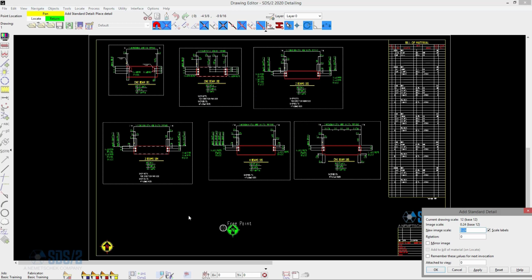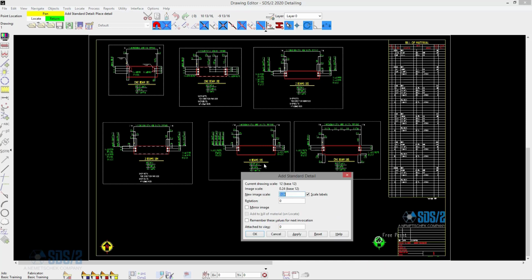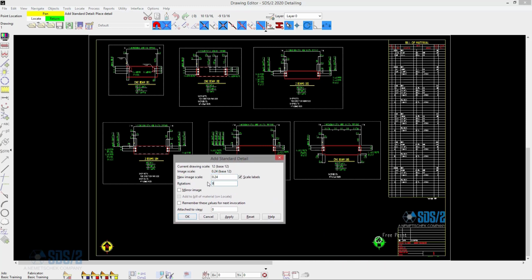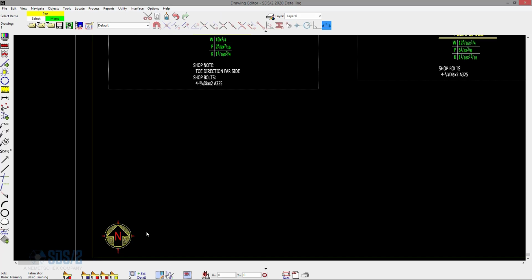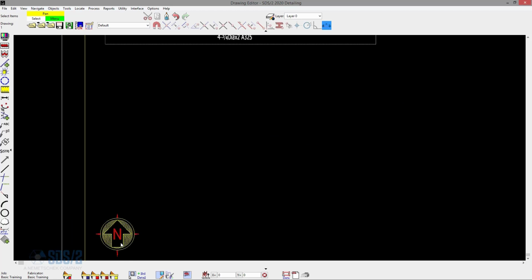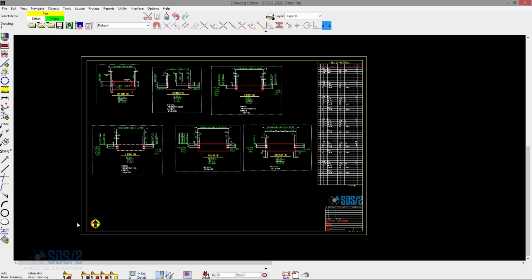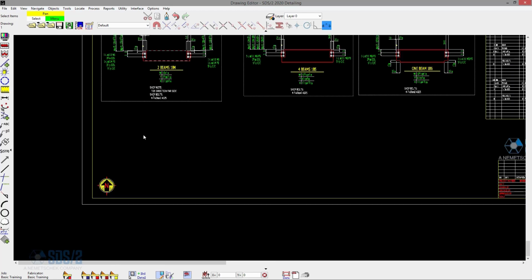I can keep clicking on it. I can rotate it here with my Add Standard Detail. If I need to rotate it 90, I can rotate the north 90, whatever direction I want my north to be. When I'm done, I can right click, and now I have this north symbol on my drawing. If I wanted to add that to multiple, I'm going to delete this or undo,